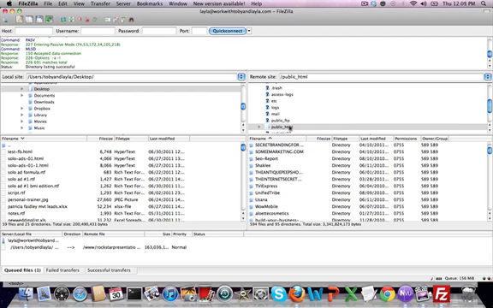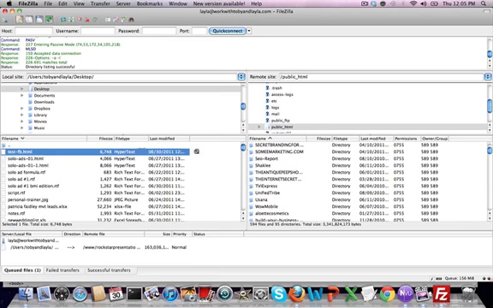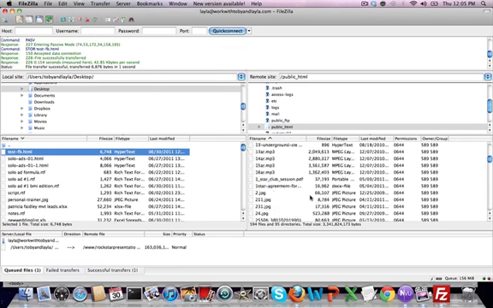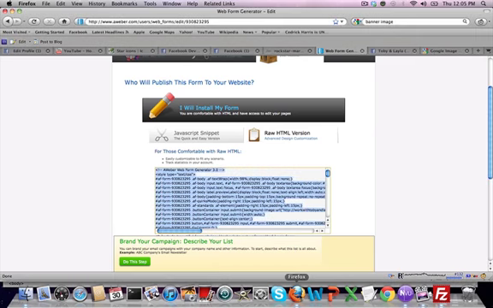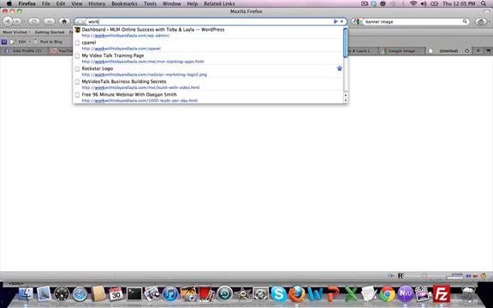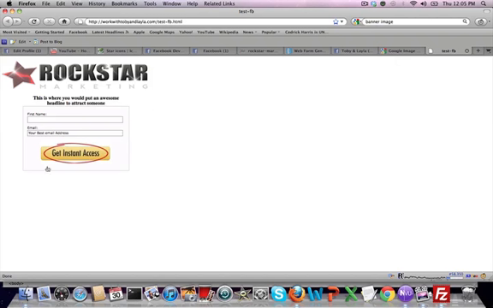So what I'm going to do is find the web page that we just made, which was test FB, and then I'm going to drag it onto, oh, went in the wrong folder. I'm just going to drag it across, and that's basically uploading it to our server. Now I go to the domain name that I'm putting it on, and it was test-fb, and then you must make sure you put .html, because that means it's going to find the web page that you just uploaded. Okay, so now that we have that, we're going to take this URL,